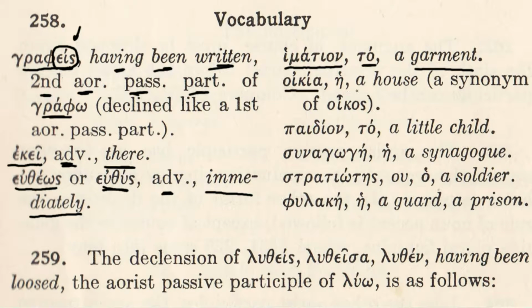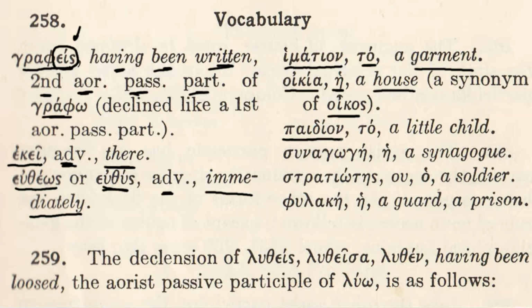Oikeia is a feminine noun, which is basically synonymous to the word we've already learned, the word oikos, which means house. Oikeia is simply the feminine form of the same word. The two words are used quite commonly in the New Testament, and again, there doesn't seem to be any distinction between the meaning. It just happens to be stylistic in any given context, whether you find the one or the other, so just be aware of that. In this set of exercises, Machen will tend to use this word just to get you familiar with it, so as you're doing those exercises, you may make a note of that as well.